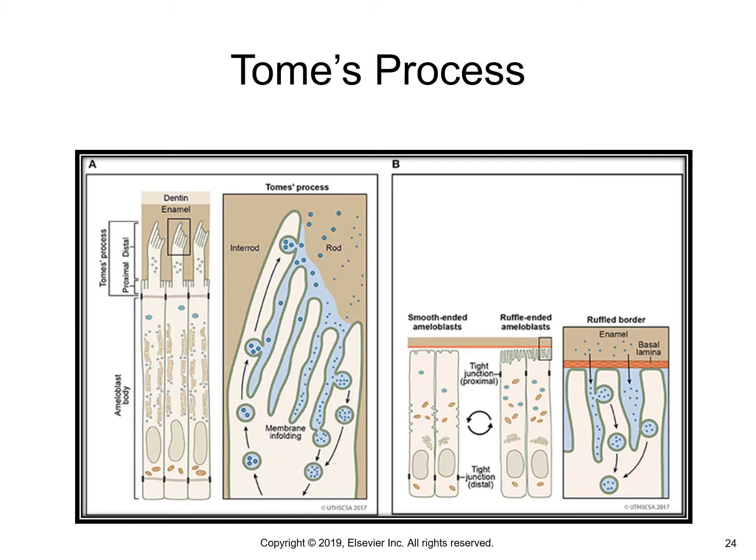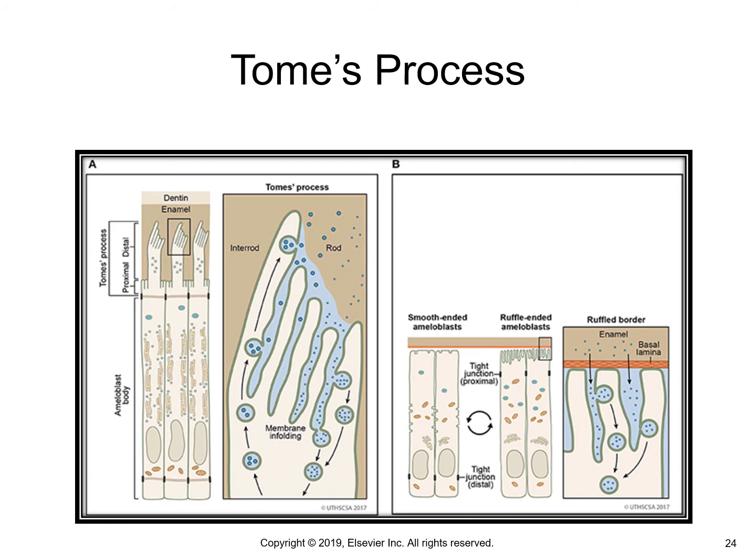This image will kind of show you what that looks like. We've got an ameloblast body on the lower portion. Then we've got the proximal end of the ameloblast, and Tome's processes are located up in this area, and they will secrete enamel, and you can see that it is next to the dentin. Just more images of what those look like